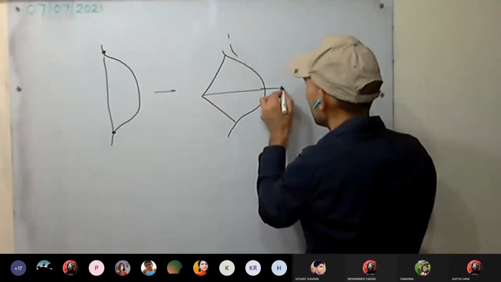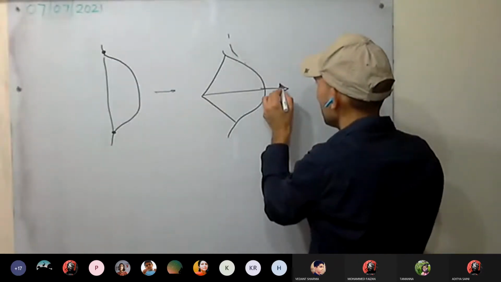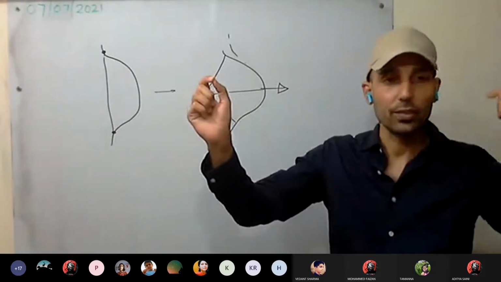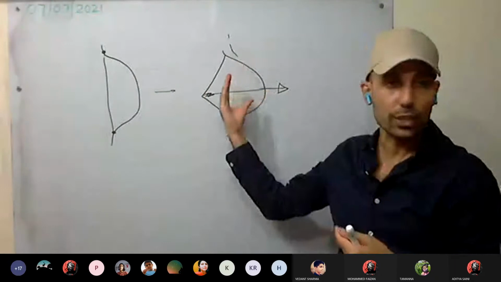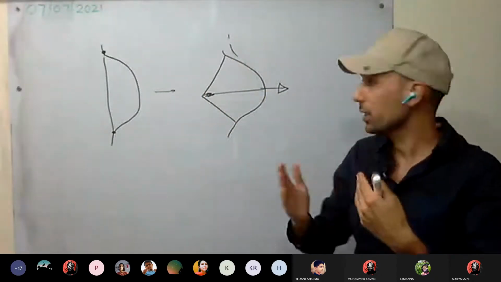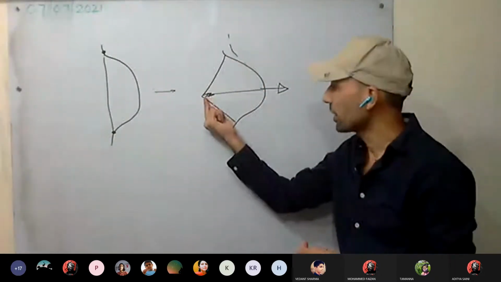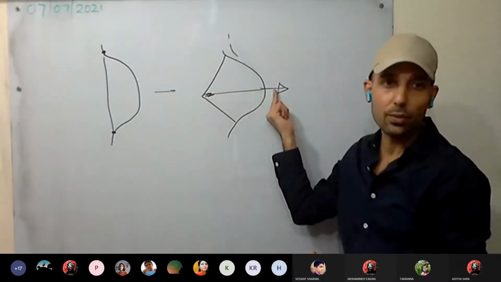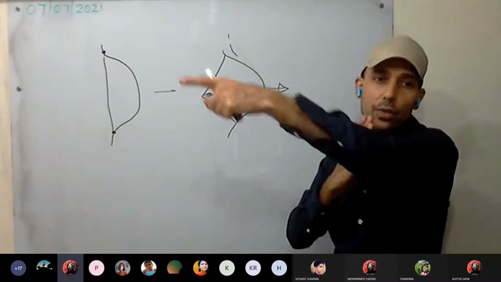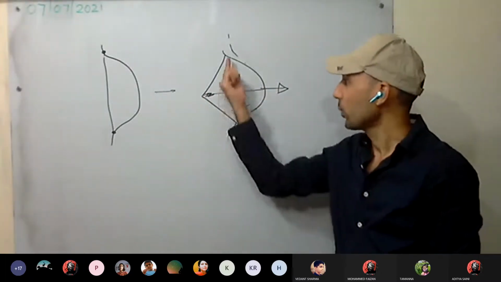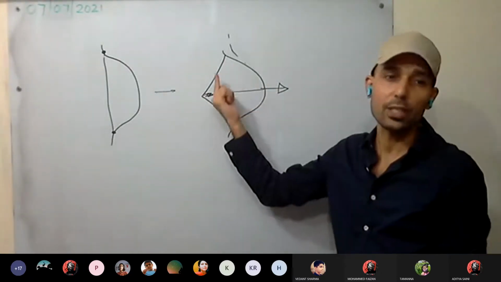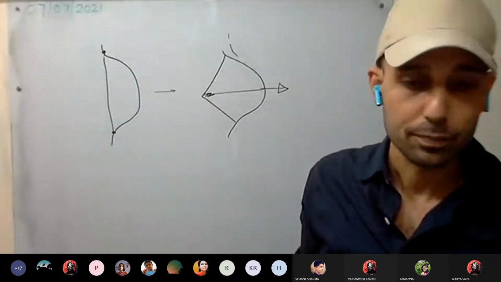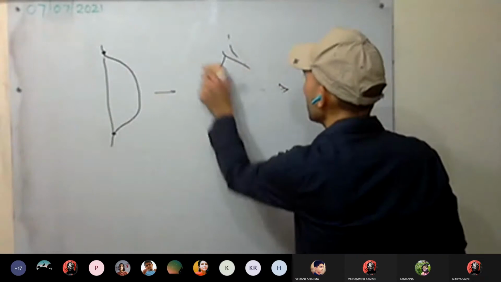Now, the arrow. As we leave it, what will happen? The bow will go back to its original position, original shape and size. The stored potential energy will get converted into kinetic energy in the arrow, and the arrow will go in the forward direction. This is clear. So elastic potential energy stored in the bow gets converted into kinetic energy of the arrow. Understood this one? The last one is the spring.